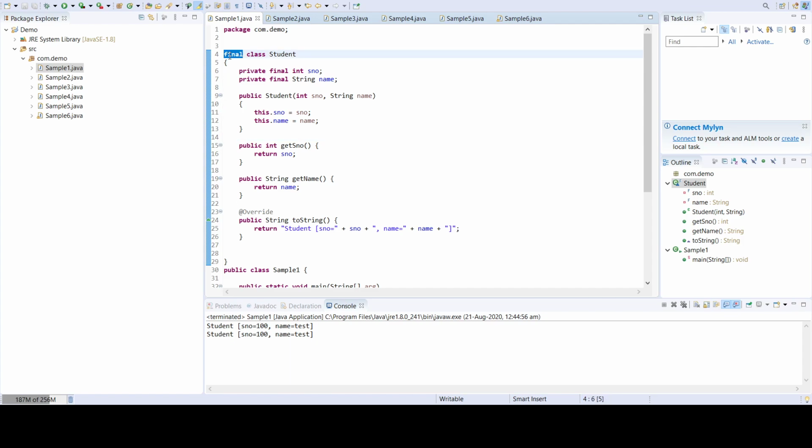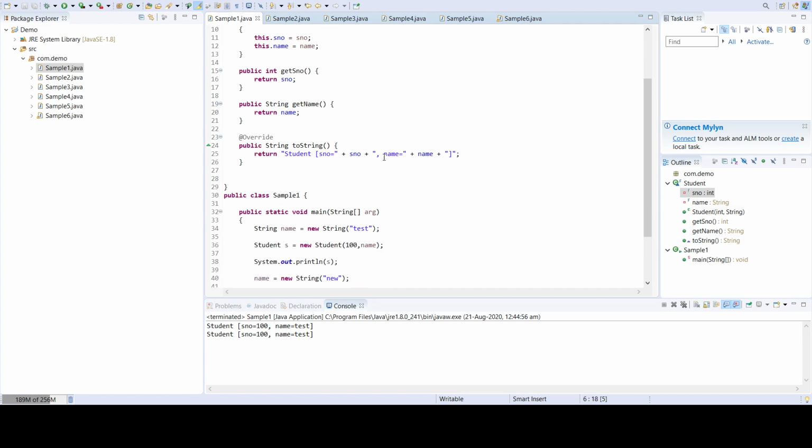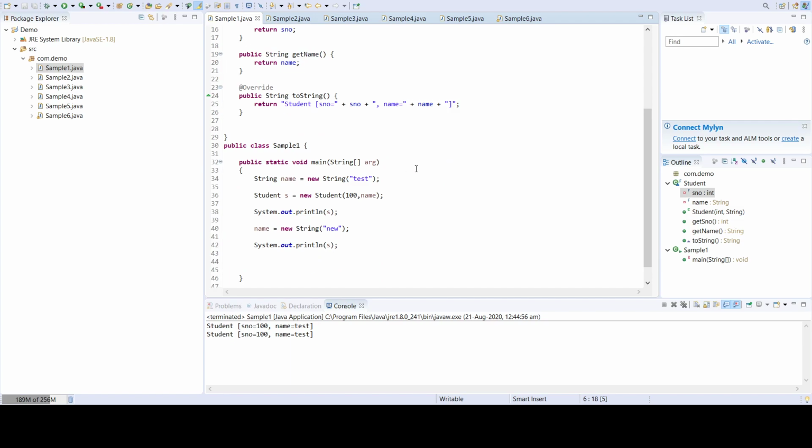We create a final class and all the members will be private and final. So once a value is set, it cannot be changed by any part of our program. That is the main intention of declaring private and final. Once it is declared private, the access will not be outside of the object. So this is one simple example. Here we created an object of class Student and we are trying to update the value, but still the object S is not getting updated, it provides the same value. So we are achieving immutability.